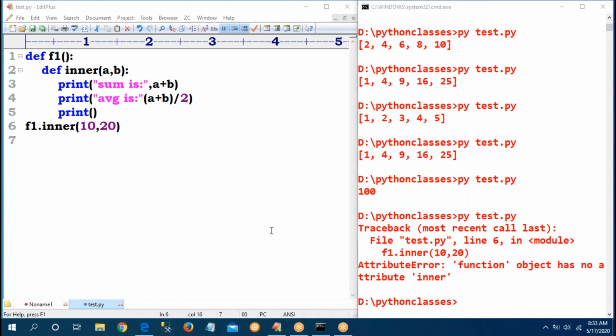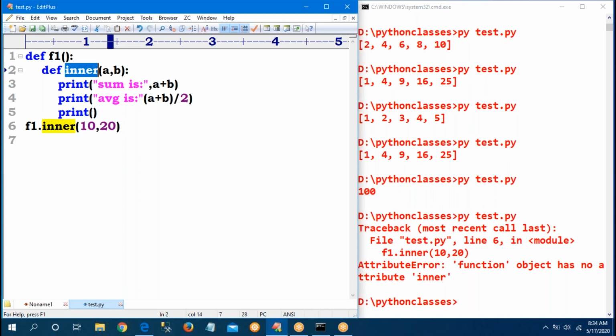But here F1 is a function and inner is a function. So how to call inner functions? Here is one point you can remember. Inner is a direct function, available only inside f1.